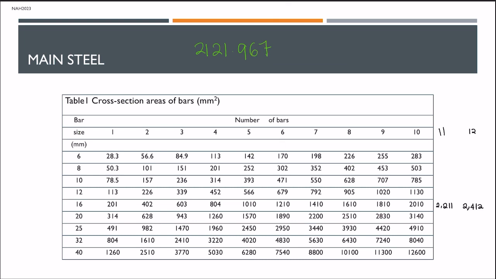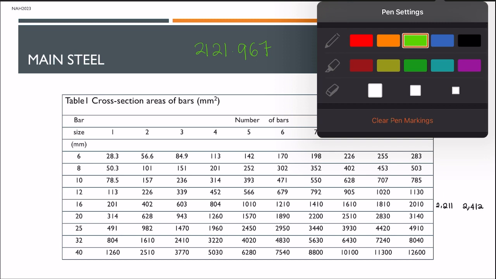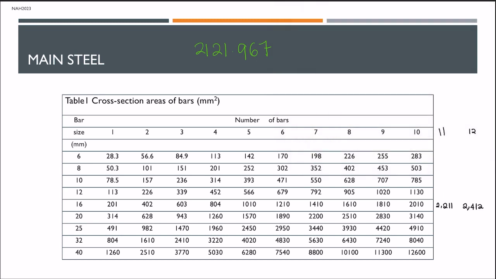Then we need to see, because we assumed the bar size previously when we calculated the effective depth, for the preliminary checking for shear, we assumed 16 mm. So we have to stick with that. Okay, 2121, if you look at the table, even at 10 the value still does not reach